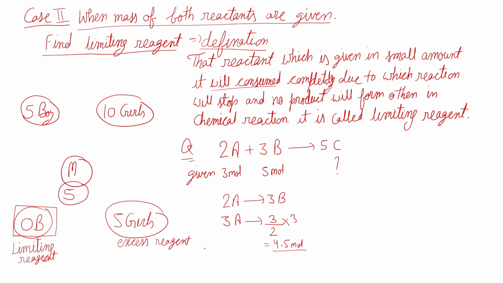Okay, B required. Now take a look here. When all the 3 moles of A consumed completely, then the amount of B that is consuming only 4.5 mole. It means it will left because it is 5 mole given to us. So 0.5 mole will left there. So it is the limiting reagent. So we can say A is